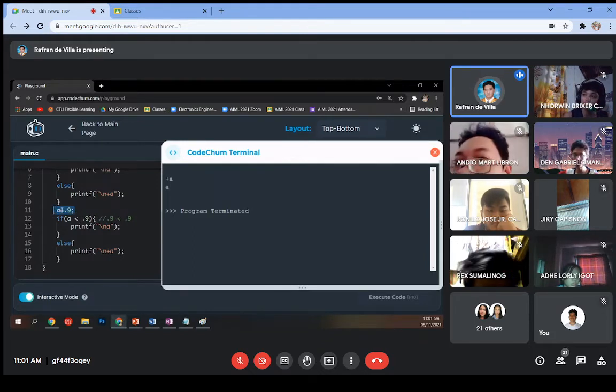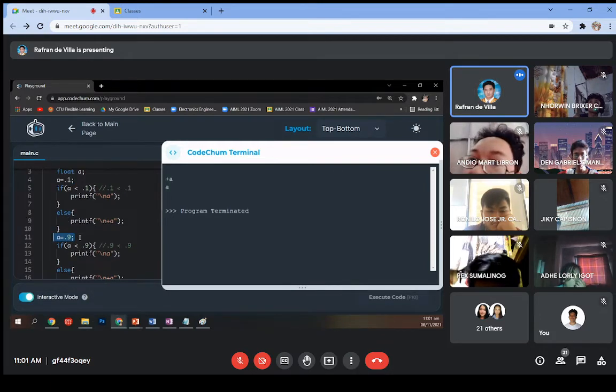For some reason, it could have been printed like 0.8999999999999 and so on. That's why when we run this code, it shows that A is less than 0.9. So, if we try to verify that,